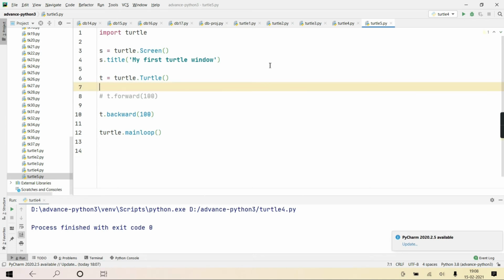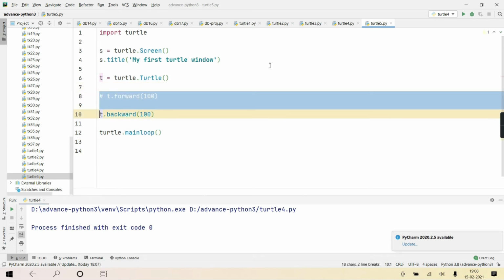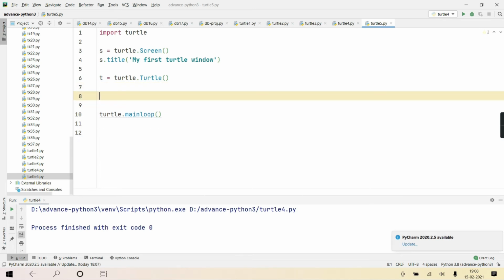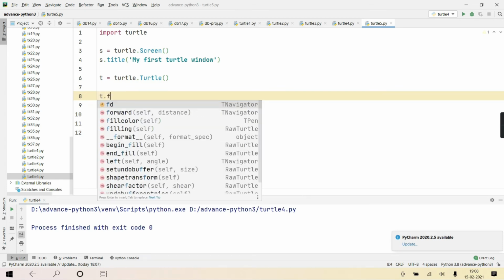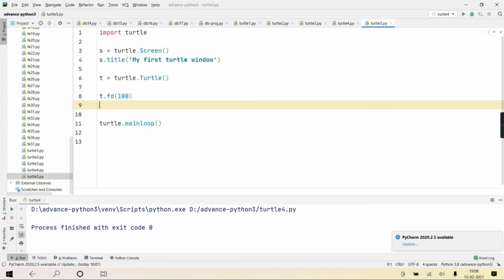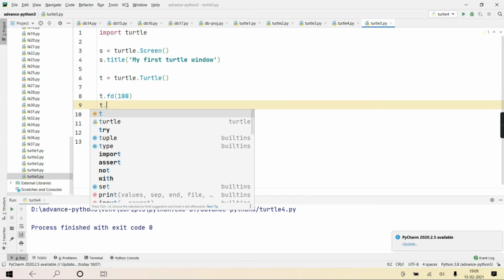See, T dot forward, suppose 100 or 50. If you want an exact square, then give all forwards the same. If you want a rectangle, then give accordingly.